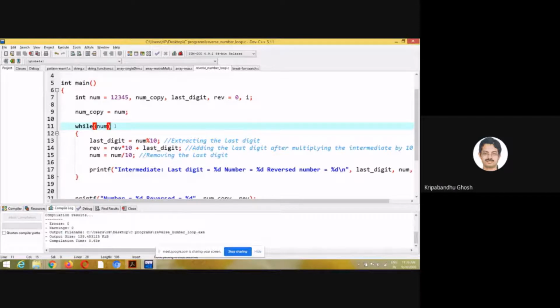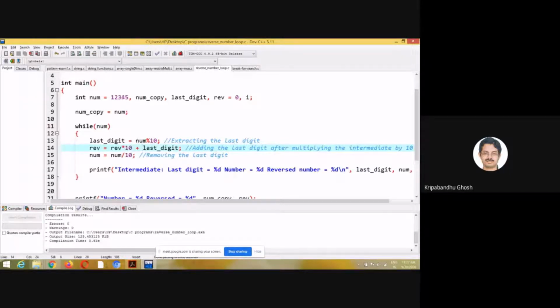When will it be 0? When all the digits are gone, right? Now we are interested in the last digit of the new number, which is 1, 2, 3, 4. By doing this, we'll get 4. What was the last value of reverse? That was 5, right? So we multiply 5 by 10, we get 50, plus 4, we get 54.